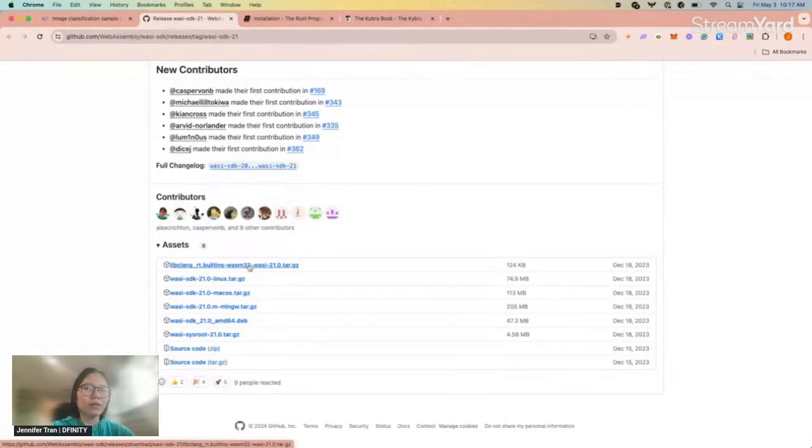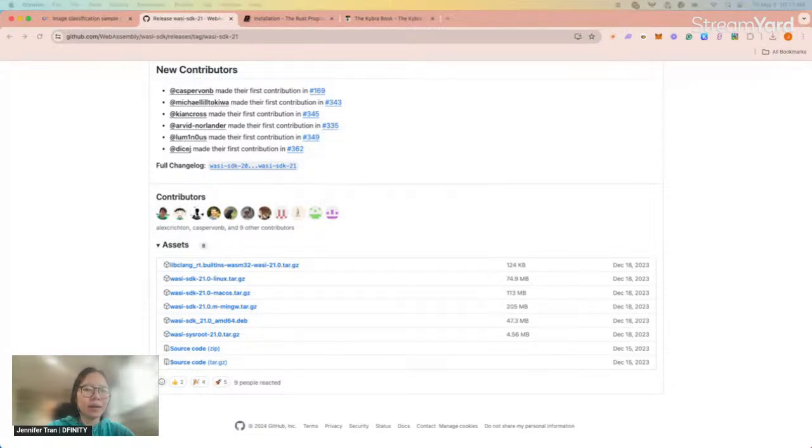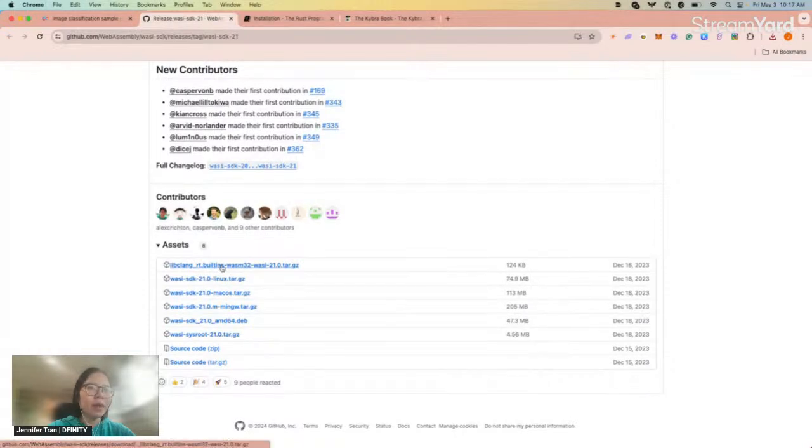Let me grab it and download it in case I don't have it already. I should already have these. Choose the WASI that you need for your operating system. In this case, I'm on Mac OS, so I chose the Mac OS version.